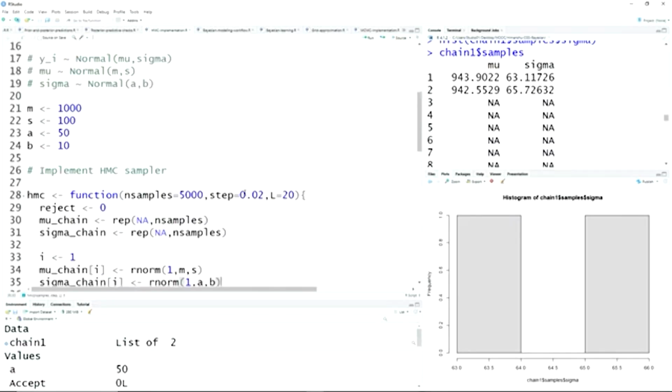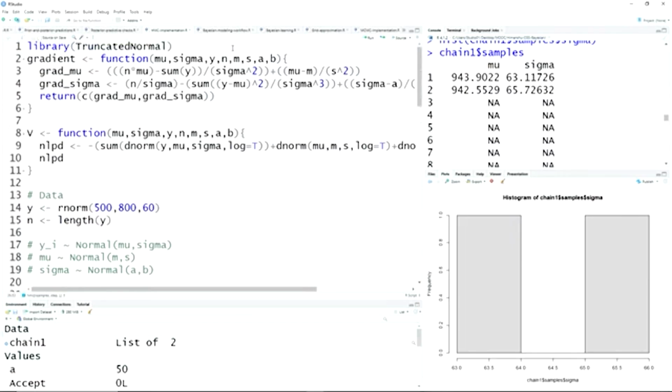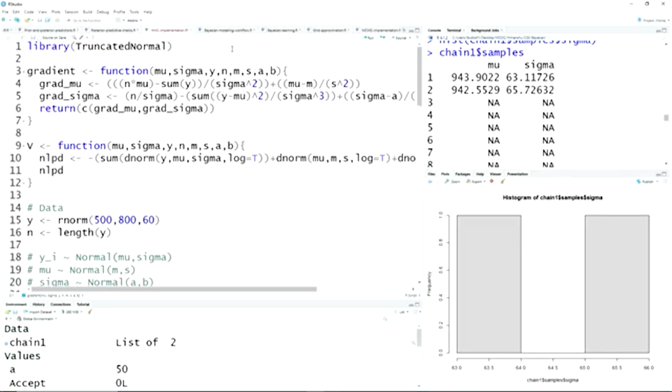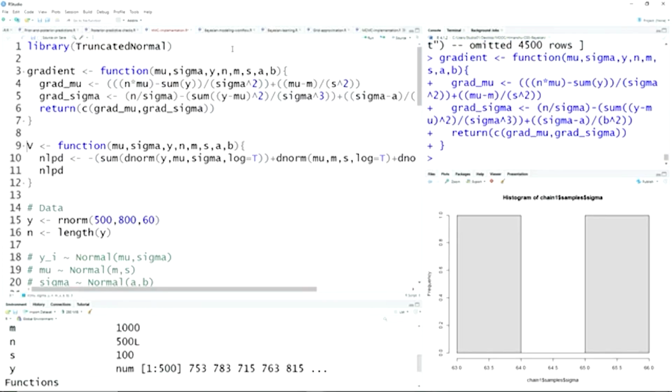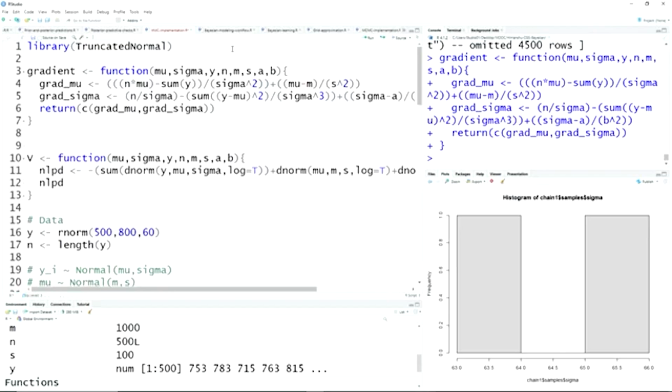So in the last lecture we had an HMC sampler. First we analytically derived the gradient for mu and sigma, so basically the differentiation of the potential energy function with respect to mu and sigma. And what was potential energy? It was the negative log of likelihood and prior. So that we have written here, and this potential energy function actually gives you